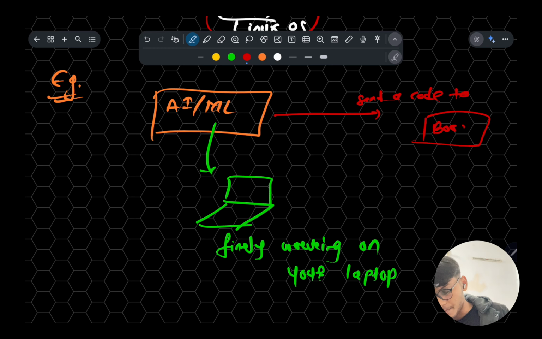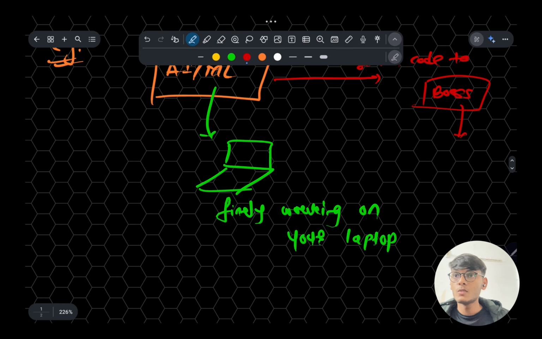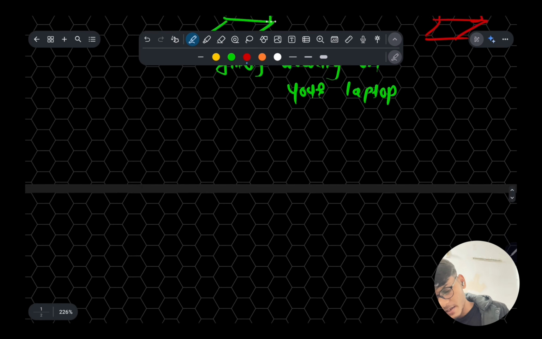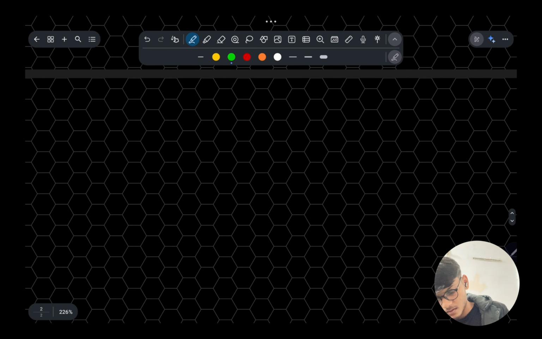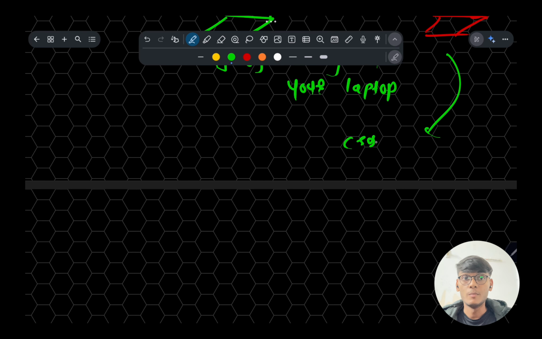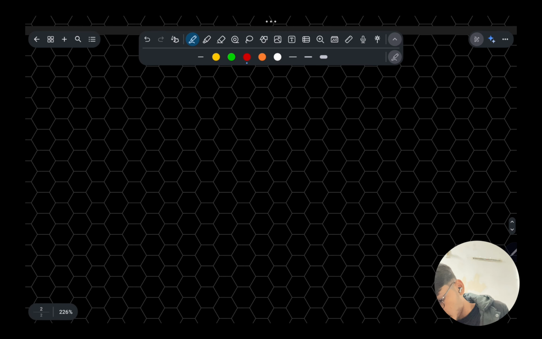How is it actually happening? You send it to your boss and try to put it on a server, and it might crash. Why? Because the environment is different. For example, you run on Linux OS, like me, running your program on Omarchy OS, and your boss still uses Windows OS.